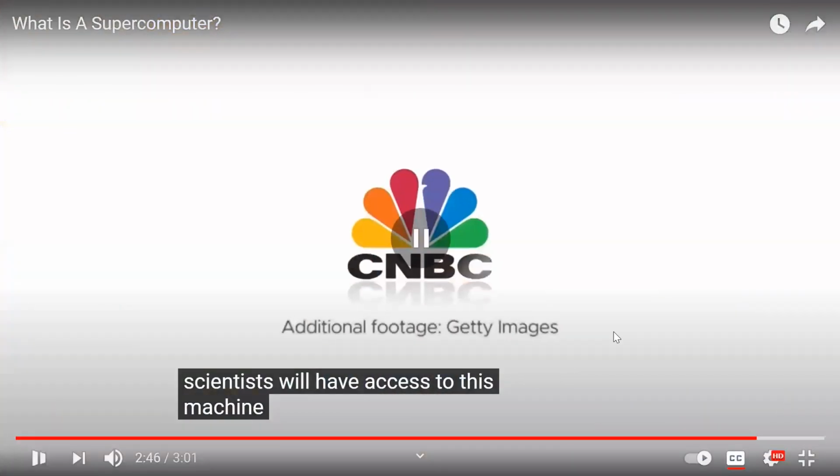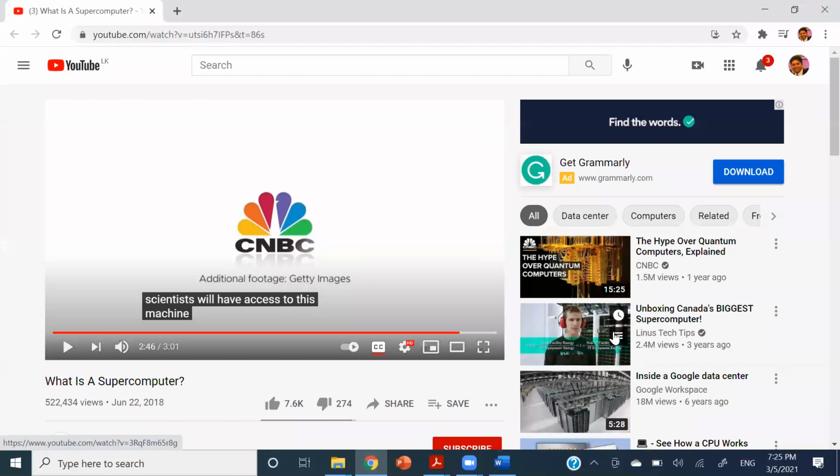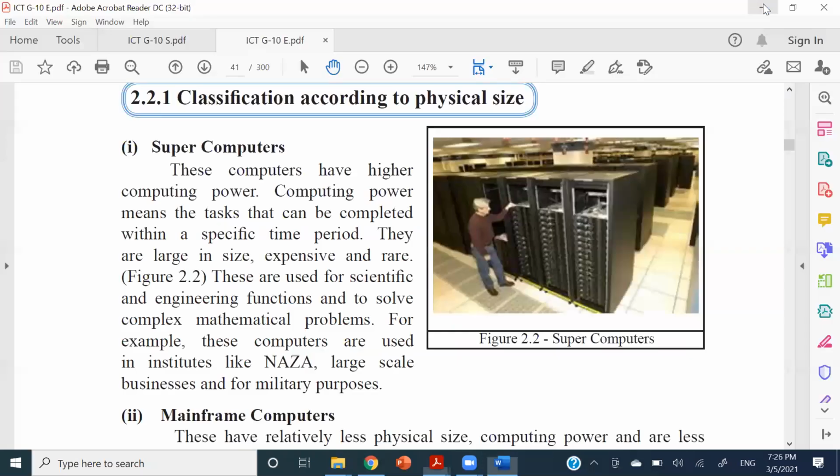Okay, so that is the story about Summit. The computer's name is Summit, right? And it was built by America, as I quoted. So the other three countries, the giants, China and two other countries, are researching to overcome this, to have a better supercomputer than this Summit, right? So that is about the supercomputers, people.